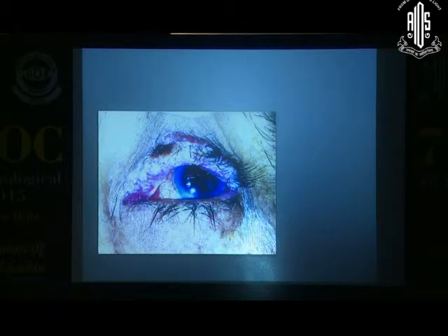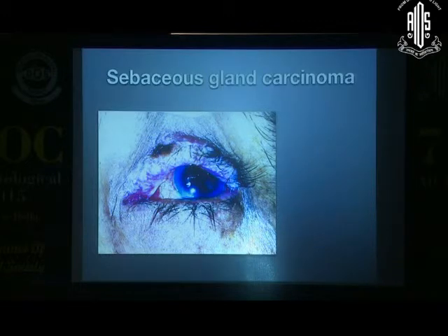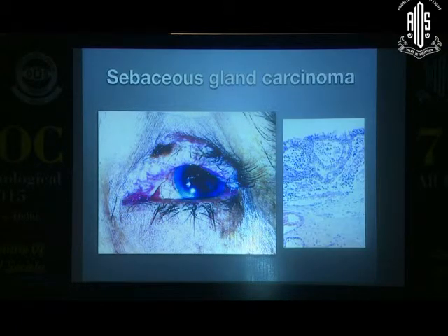And somebody had even attempted a biopsy from here, suspecting a tumor, and that biopsy had revealed inflammatory cells. The reason being, the biopsy was taken probably too superficially and too less a material was given to the pathologist. So that also gives us a lesson that a very small superficial biopsy may not work. Now, with this kind of a picture, it's more likely to be a sebaceous gland carcinoma when all the meibomian orifices are involved, when the lid margin architecture is distorted, and on histopathology this turned out to be a pagetoid